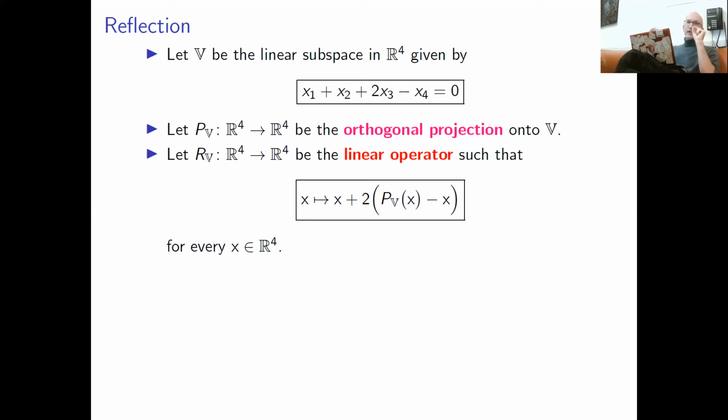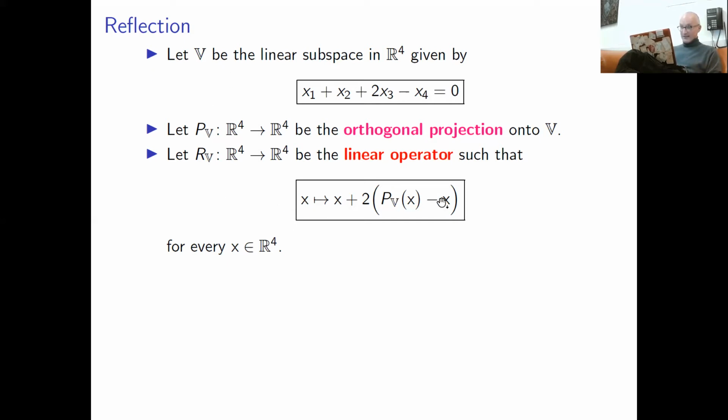If you think about this a little bit, you see that this formula is nothing but the reflection in V. Basically you take vector x, you project it orthogonally to V, you have the difference PV of x minus x, and you add it to your projection one more time. So when you project, you hit V, and then you go further by the same vector, PV of x minus x. Intuitively, this is just the orthogonal reflection, and you can consider this as a definition.